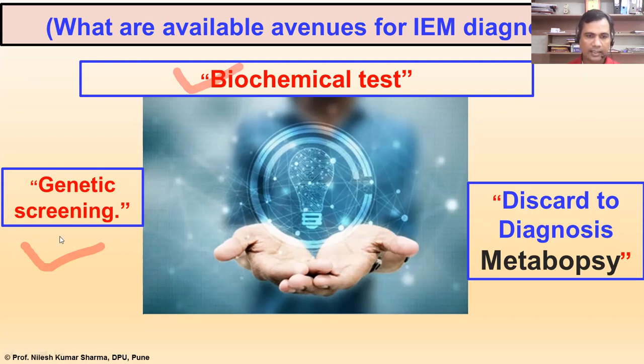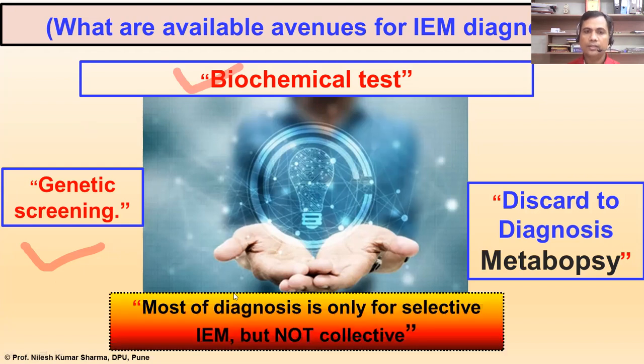They are available only for a few IEM for early diagnosis. Another very important aspect is that this selective nature of diagnosis, whether genetic or biochemical, is not enough for a large population. It is also very important to mention that the diversity of IEM or IMD is increasing across the globe, whether in the Indian setting or other continents. Why is it so? Because the environments are changing, like pollution, nutrition, diet, chemicals, industrial waste, water contamination, air contamination.